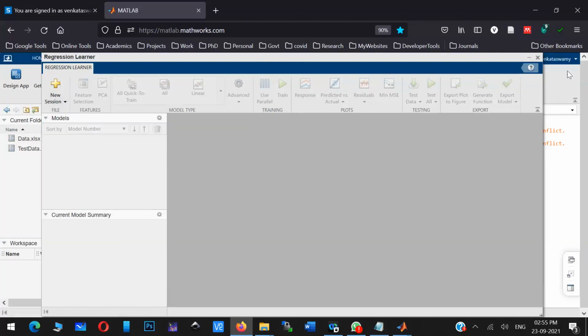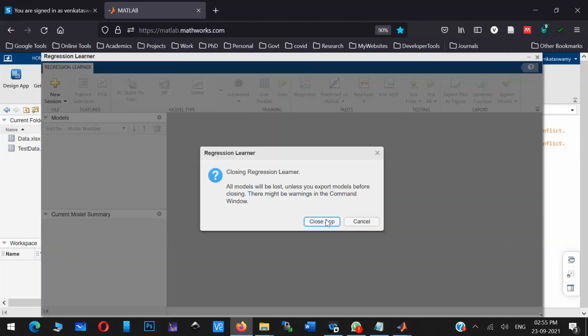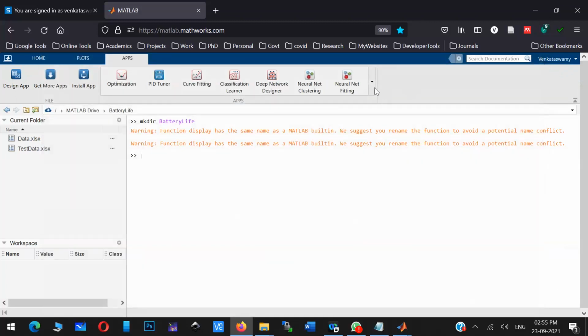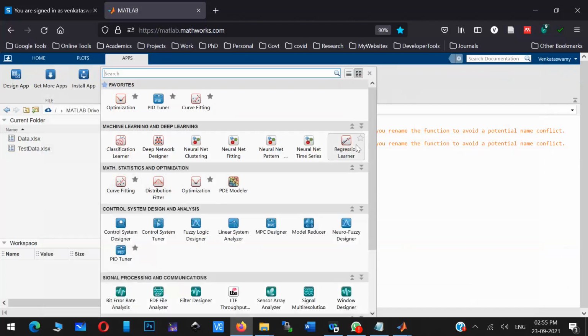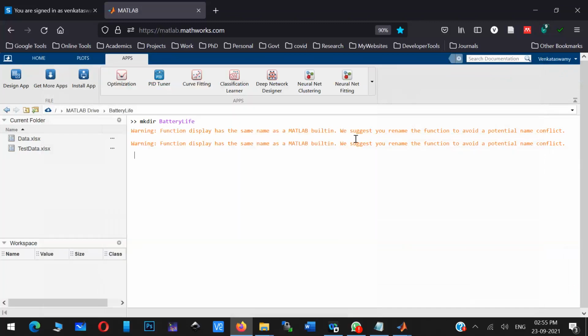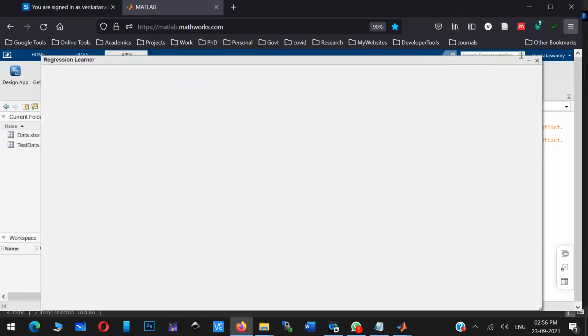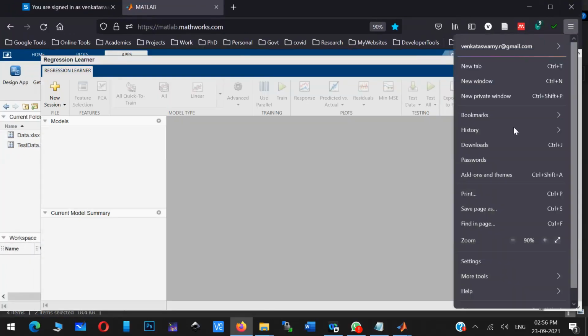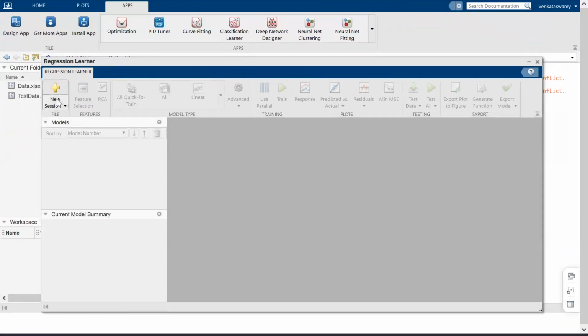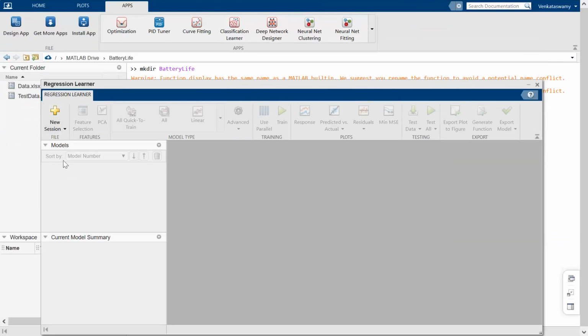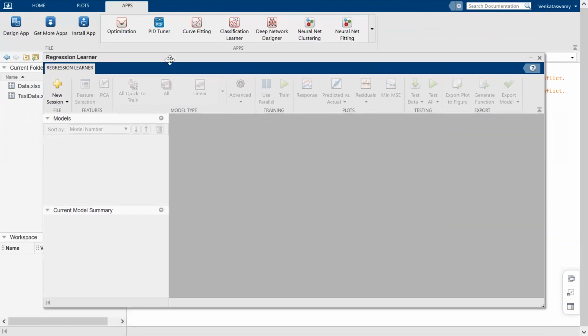Let me reopen this regression learner toolbox. Again the same problem is coming.